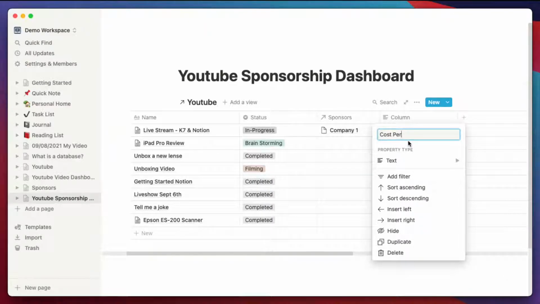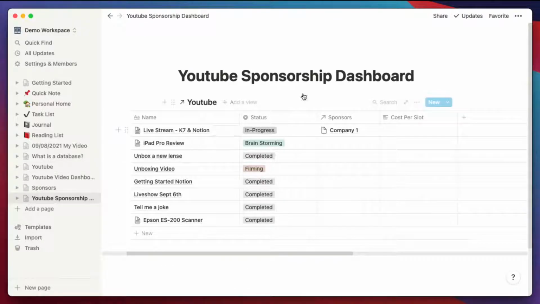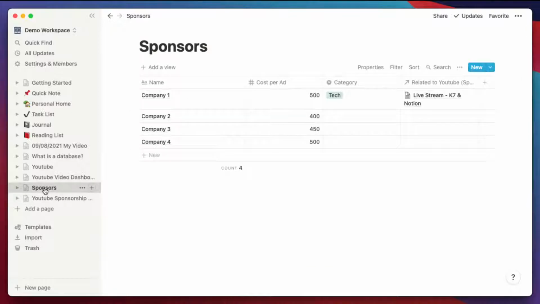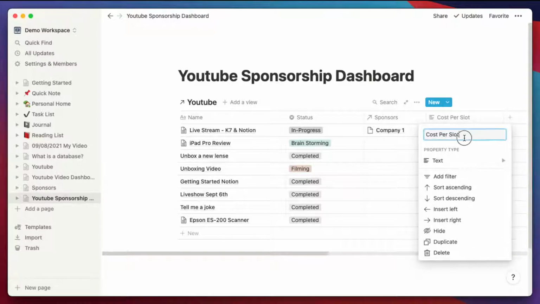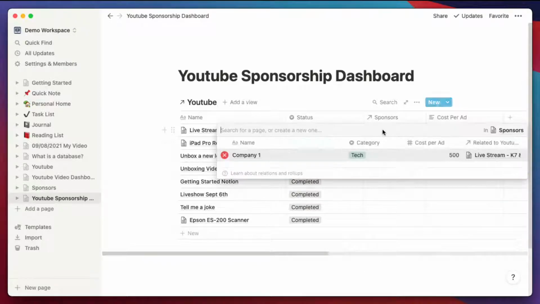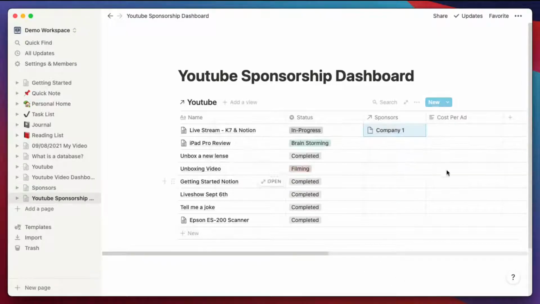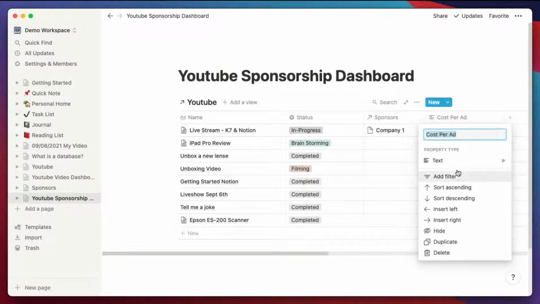And remember, we had a cost per slot already in our sponsors database here, right? Cost per ad. Let's be consistent here. So instead of me going here and just copying what I did here, oh, it's 500 and just adding it in here, we can use something called a rollup.